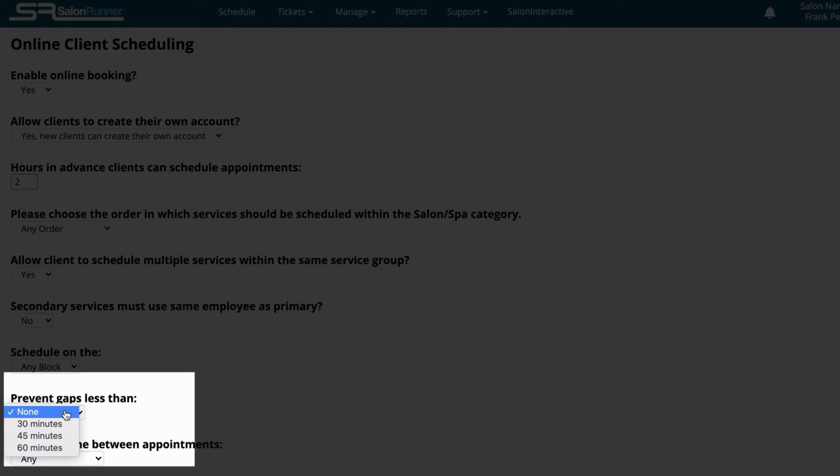If you leave Prevent Gaps Less Than at None, then the software will allow clients to schedule an appointment in any open time slot, which may result in many small gaps throughout your day. Let me give you an example of when you would want to use this feature. If your most common short service is a 45-minute haircut, for example, then you would want to set this to